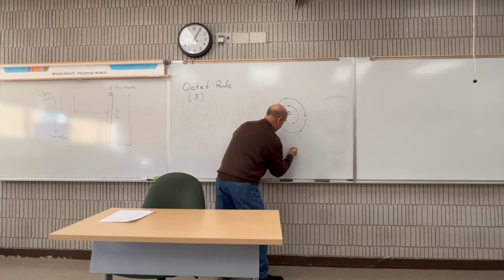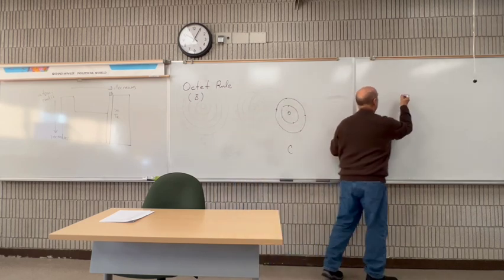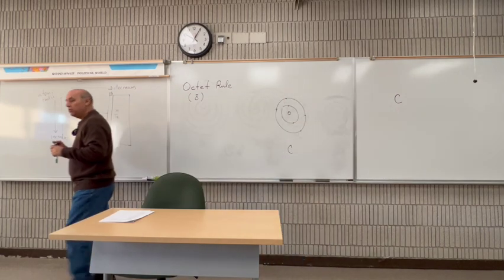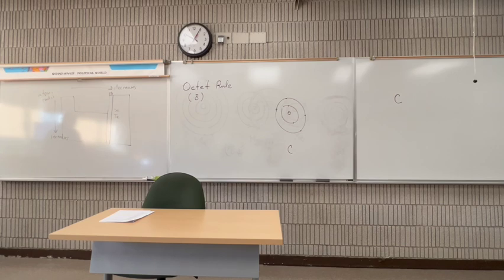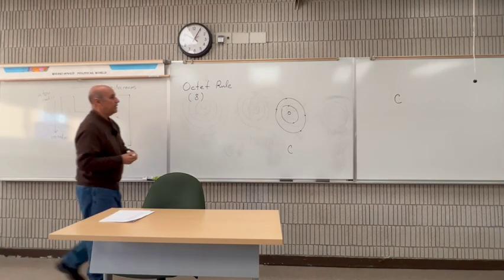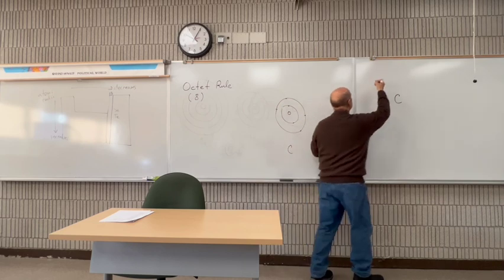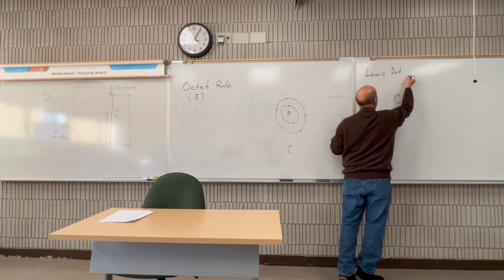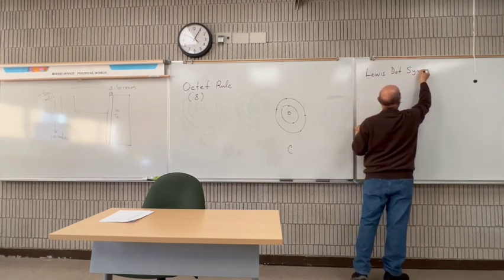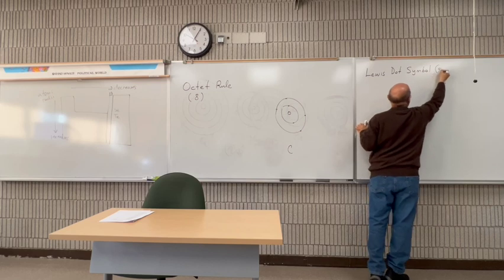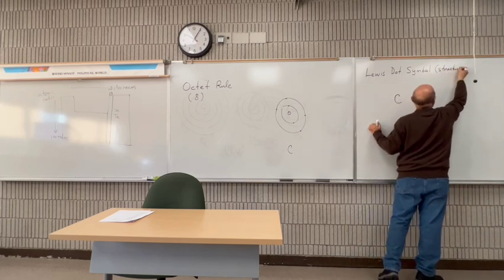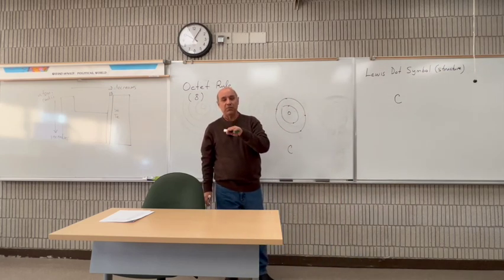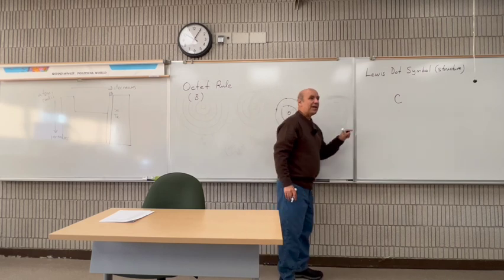Now, I'm going to draw carbon in a slightly new way. One thing that we haven't done so far in this semester, but it's extremely useful, you guys. I hope you really spend time understanding what I'm going to show you right now. This is going to be called the Lewis, that's just a last name, dot symbol or structure. And what we're going to do is write the symbol of the atom, and then place electrons